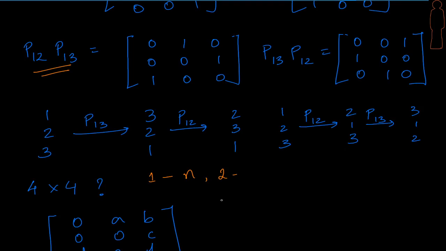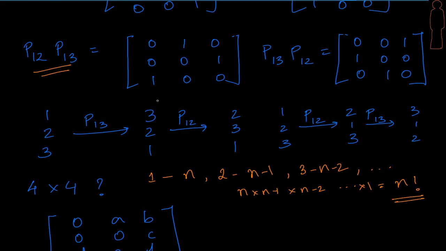Let's talk about the second row. The second row cannot go to any of the n positions, it can go to only n minus 1 positions because the first row has got fixed in one of the resulting products. Therefore, the second row can go only n minus 1. What about the third row? It can go only to n minus 2 positions and so on. So, what does this give us? The number of permutations is going to be n factorial.